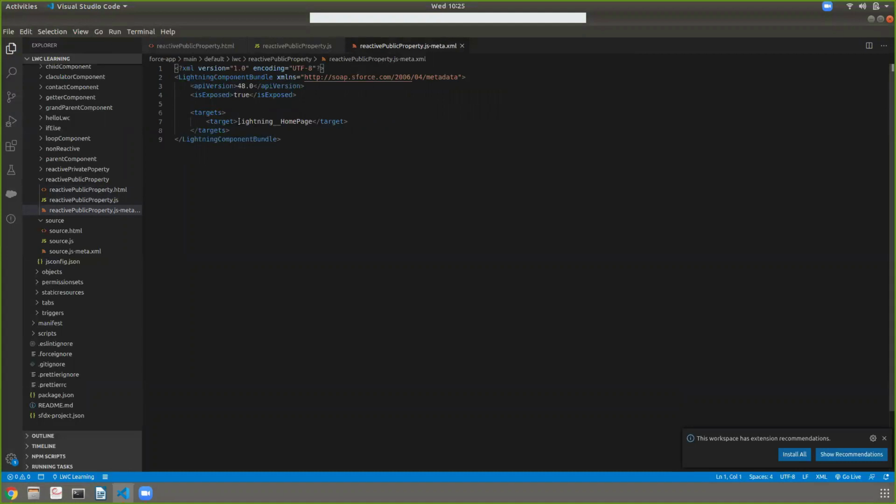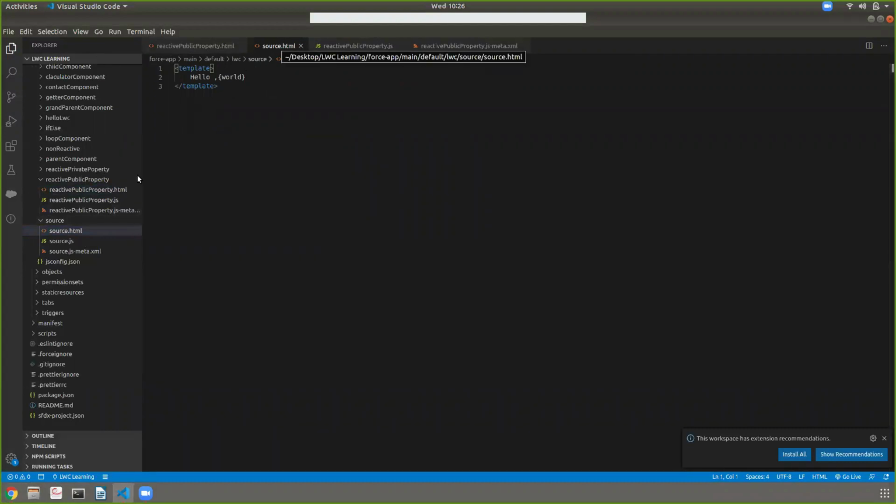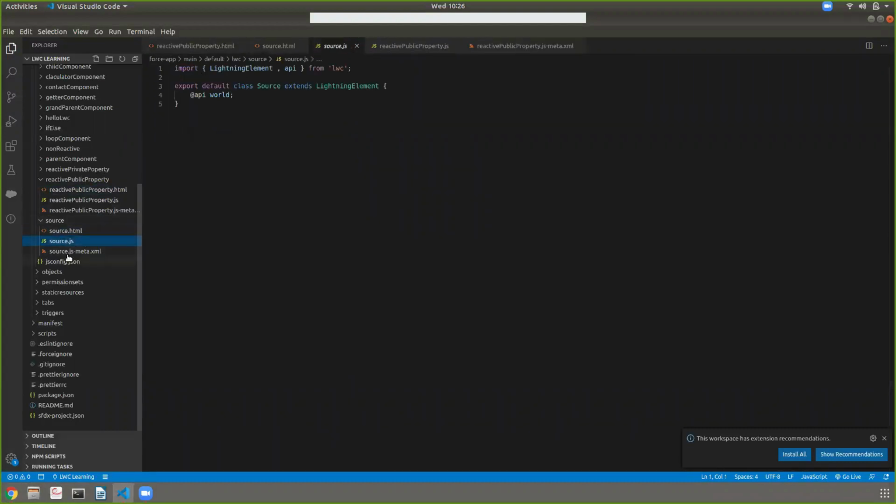So that's why I use Lightning home page. So open the source component. This is the source component's HTML, and this is the XML file. This is the JS file of the source component. So I'm getting this world property using @api.